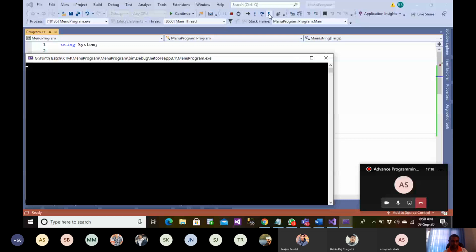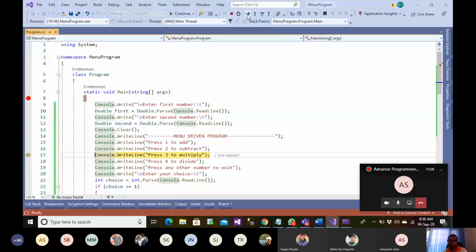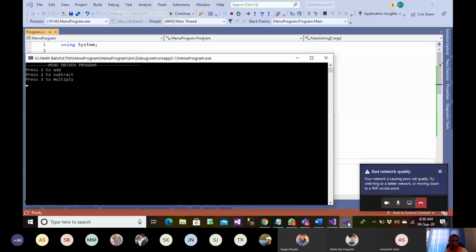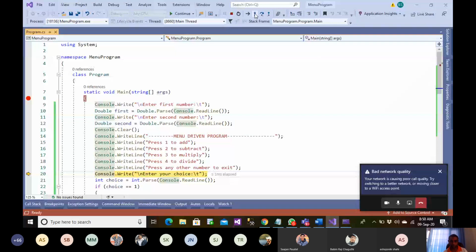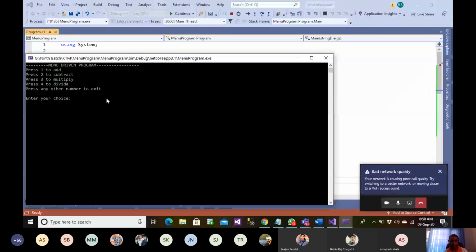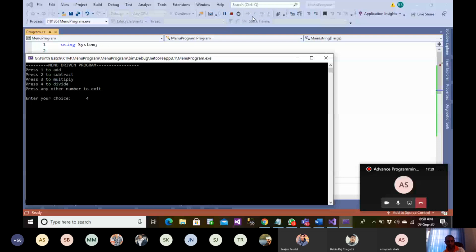Statement. Now this is on this line. So this second line must have been printed. You can see the second line is also printed. So let me again just go here, here, here, and let us see what output we have got. So we have all the menu written here, and this is asking for my choice. So let us choose a choice of 4. I have typed 4, everyone.